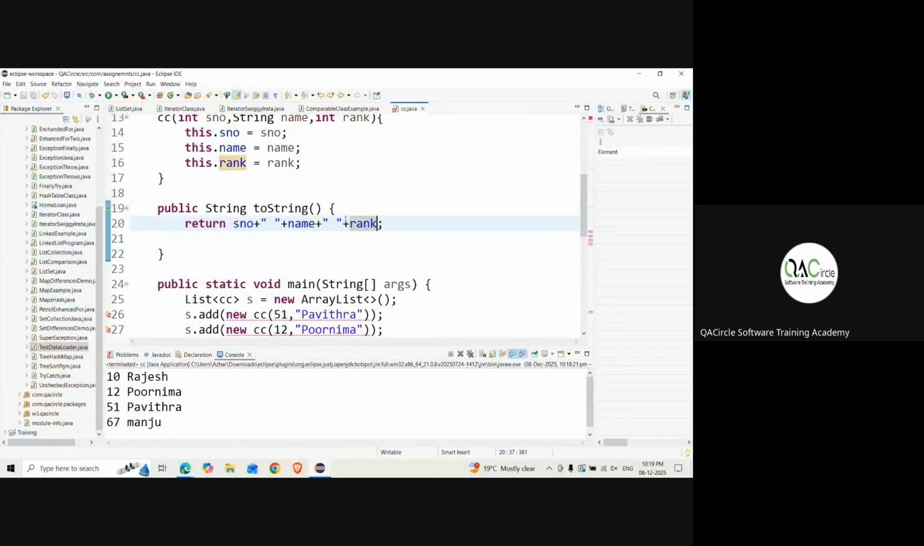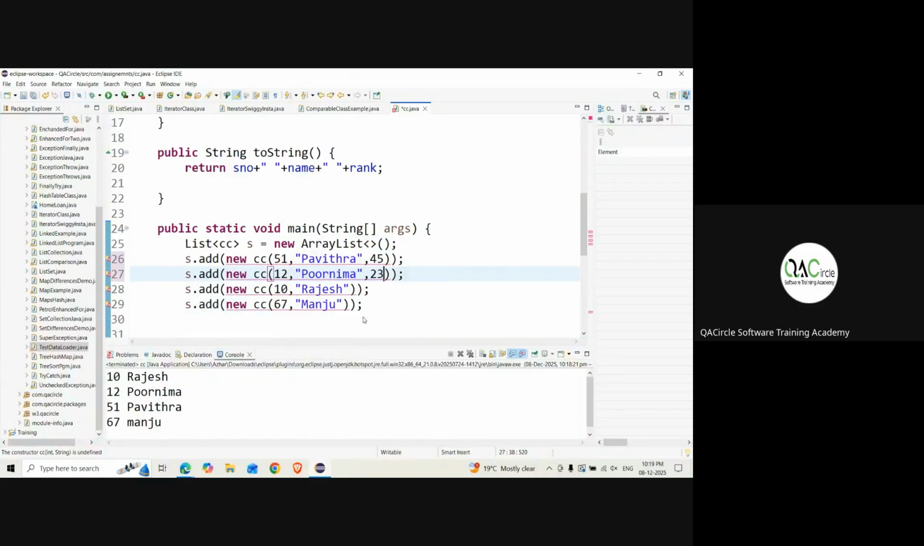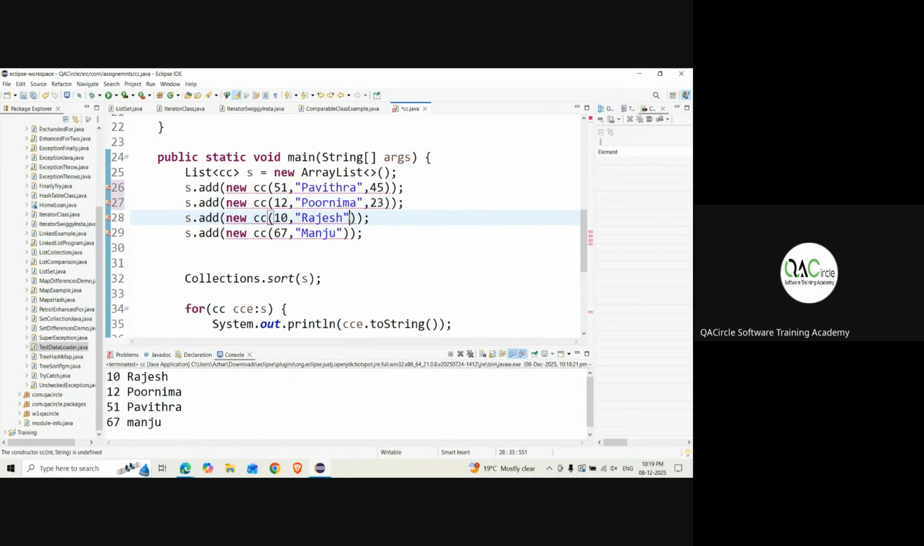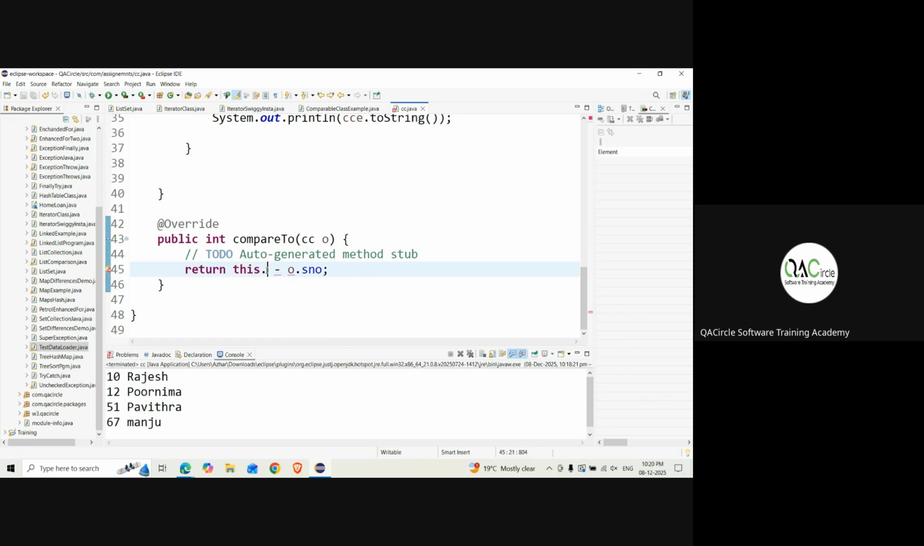Okay. Tell me if you're not understanding. If I'm going fast, tell me. We'll give Pavitra 45th rank, Purnima something like 23rd rank, Rajesh something called 21st rank, Manju something called 4th rank. Something like that. Now, if I use this dot rank equal to O dot rank, you can actually see